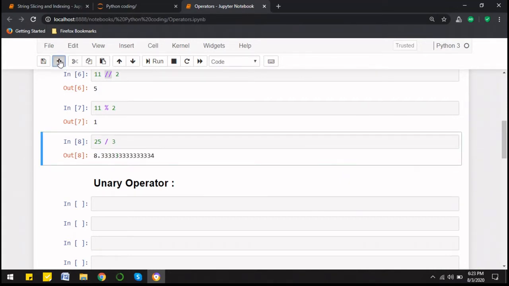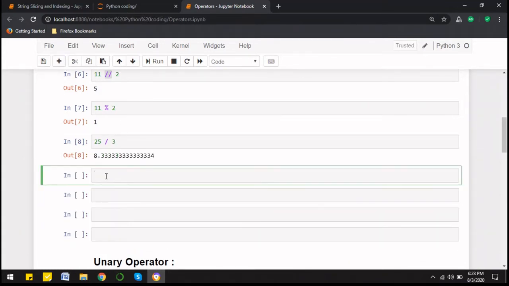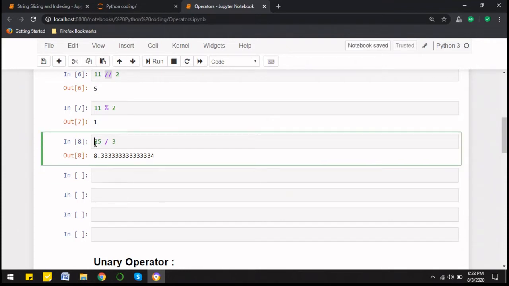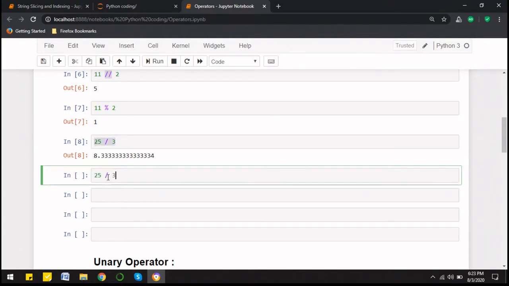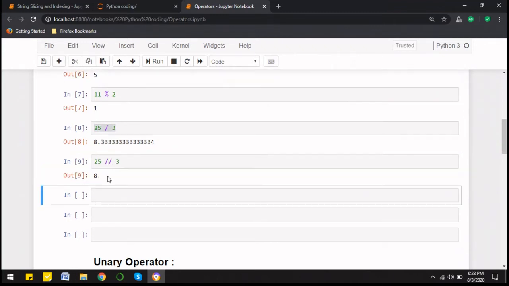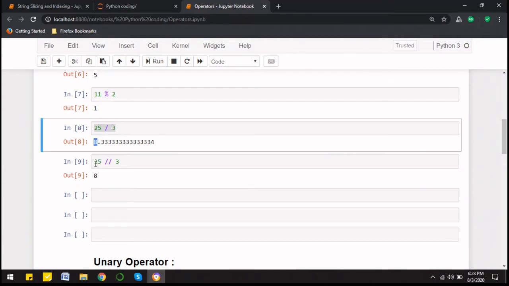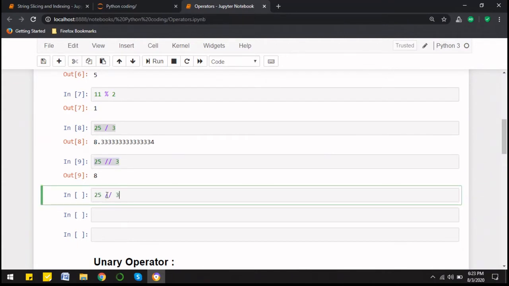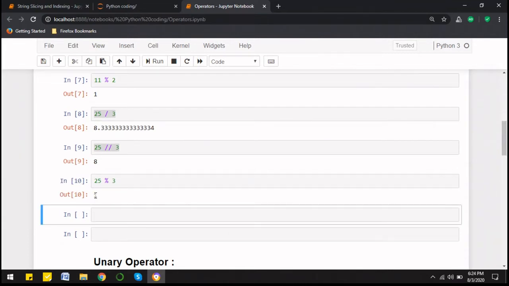Now again the same thing, but we use a double forward slash here. Now see, 3 eights are 24. So now we are not completely dividing it, we are just focusing on the integer part. And then if I apply the modulus operator here, which is this percentage symbol, we can see 1 is the remainder.